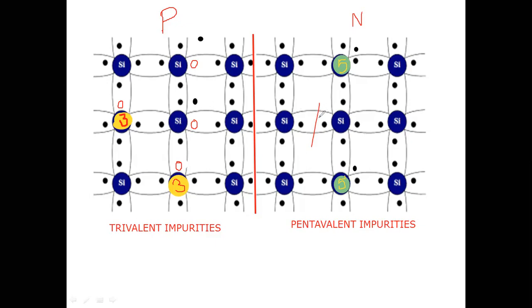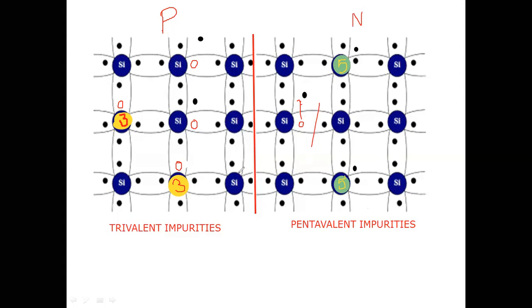If I increase some temperature, what will happen? The bond will break, and the electron transits to outside. If the electron comes outside, what will happen? It will leave behind a vacant space. This vacant space I call a hole. So here the holes are formed like this. This electron was already present here in a covalent bond, but due to the rising temperature it acquired some of that energy, and it is breaking the bond and coming outside.